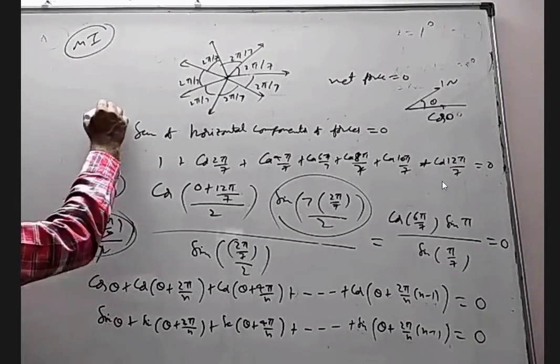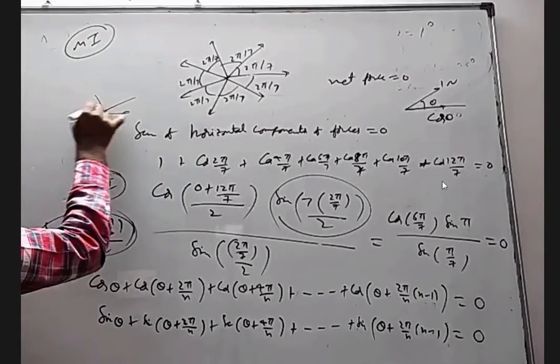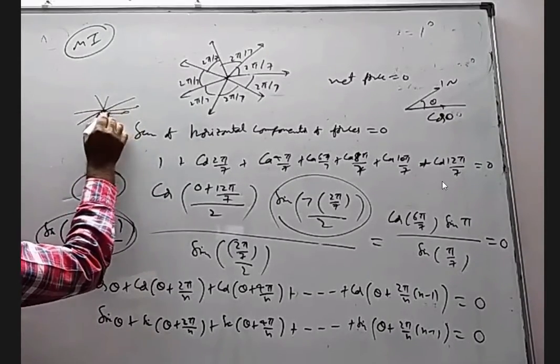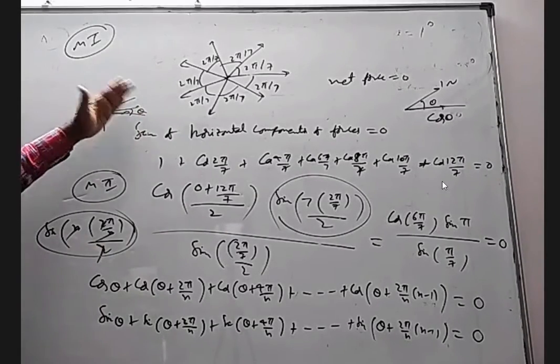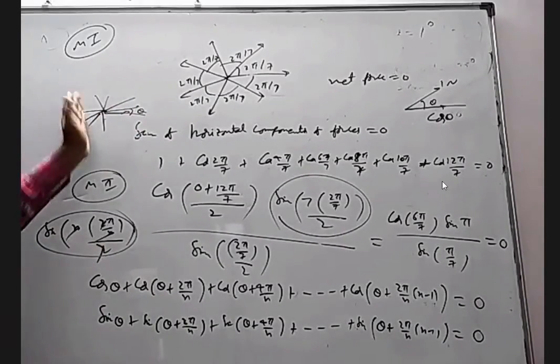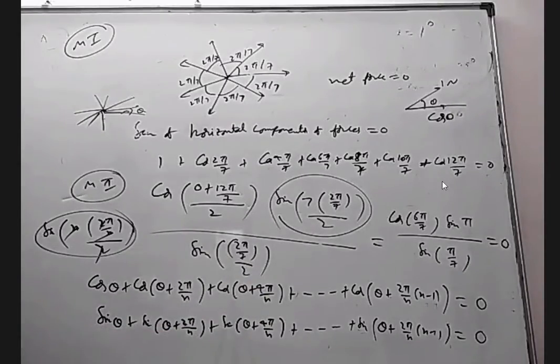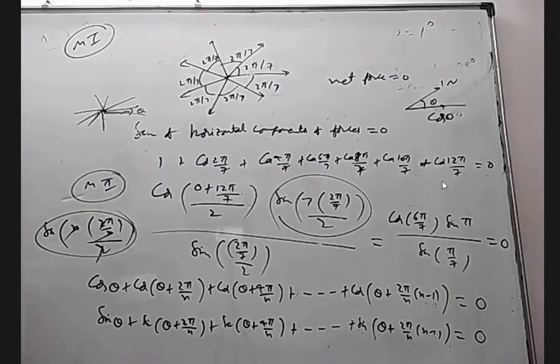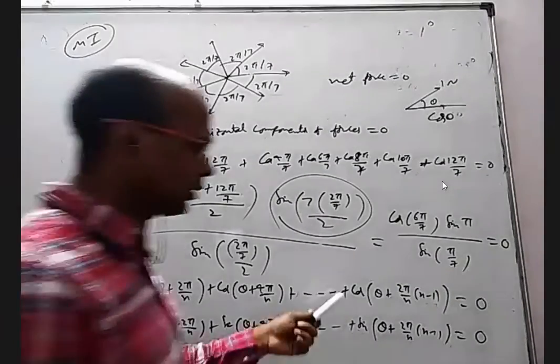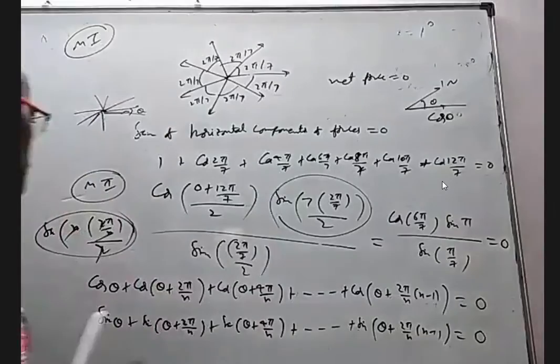Or you take n forces acting on a particle, but the first force is making an angle theta with the x-axis. Then the next will make theta plus 2 pi by n, the next will make theta plus 4 pi by n, the next will make theta plus 6 pi by n. That's how I could write this. I don't say this is a formula, but you can easily remember this based on the given formula. But it's okay, you can even call this a formula, not an issue.